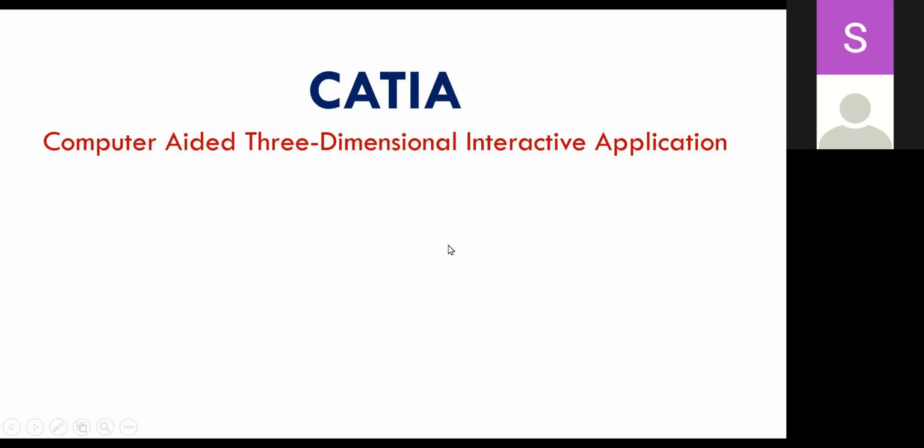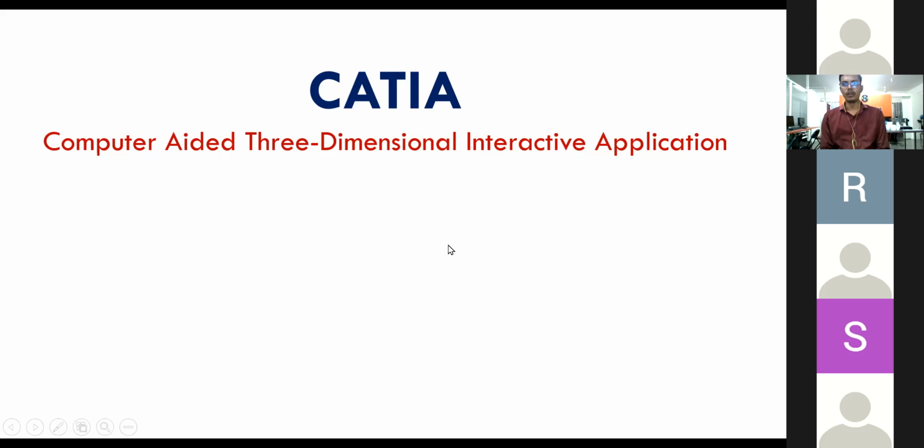So those different parts or workbenches, those processes you have done before modeling things. First of all, you started with the 2D drawing. Shank Reddy, can you just mute it? So you have learned about the 2D sketches and all, right? You went through phases. First you did the drawing, second you created a model of it, third you created the assembly of it, and in the last you drafted it, right? Again you converted it from 3D to 2D. The same process works with each and every mechanical related software as well as in CATIA.